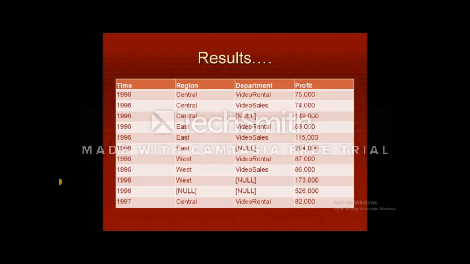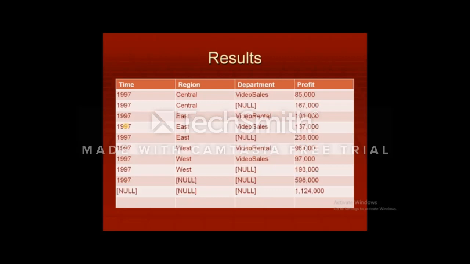Similarly, we can put the profit from the video rental department and video sale department from each region in year 1996 in other departments. So we can generate multiple summary tables based upon our detailed results.